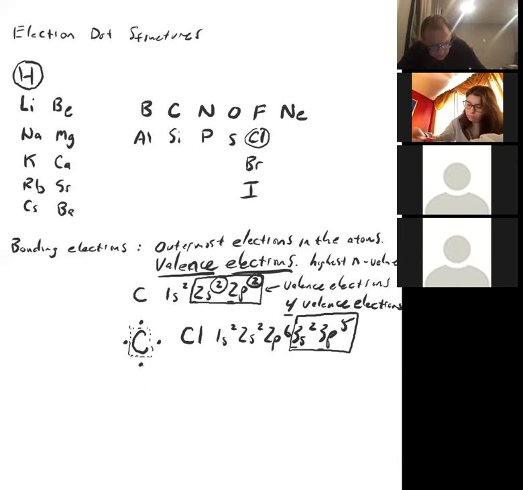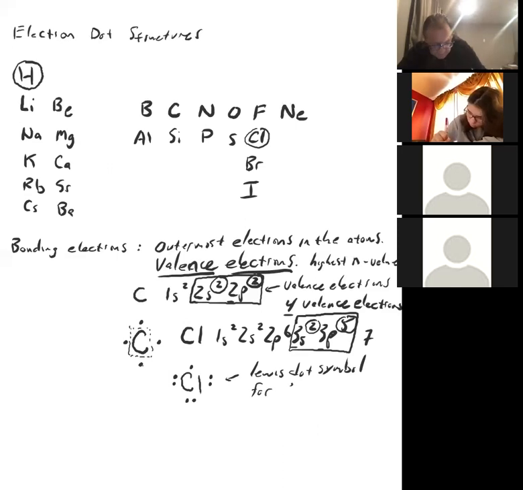So you count up the superscripts. 7, right? So you've got 7 valence electrons. So then you write the symbol, and you put 7 dots. Just count around: 1, 2, 3, 4. We've gone around all 4 sides. 5, 6, 7. So now you have 7 dots. So this would be the Lewis dot symbol